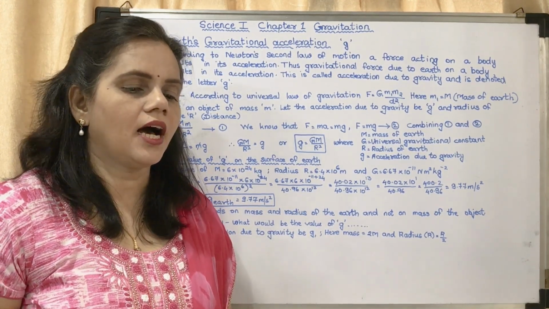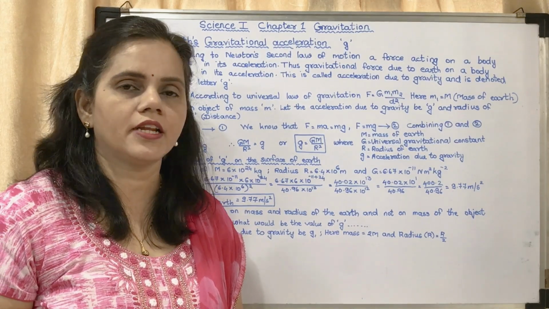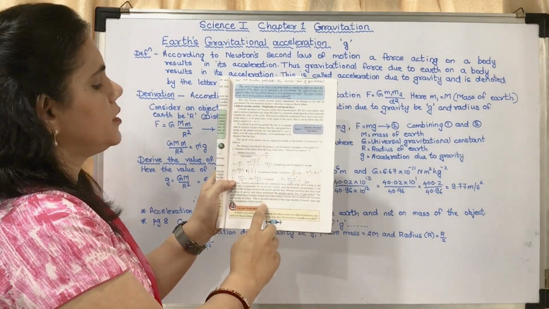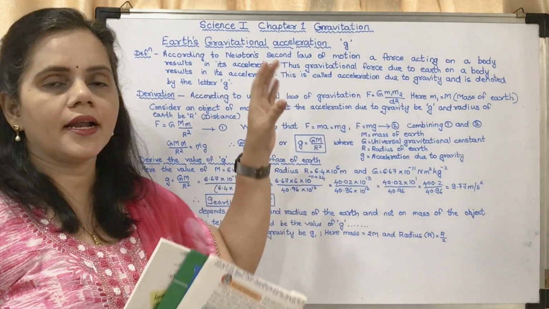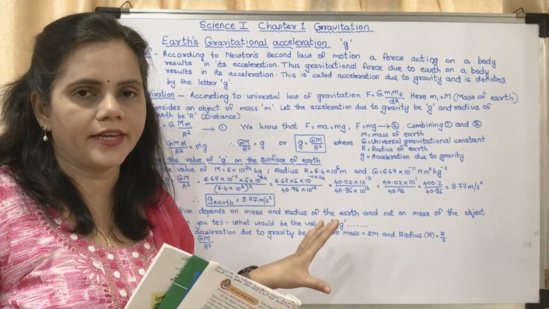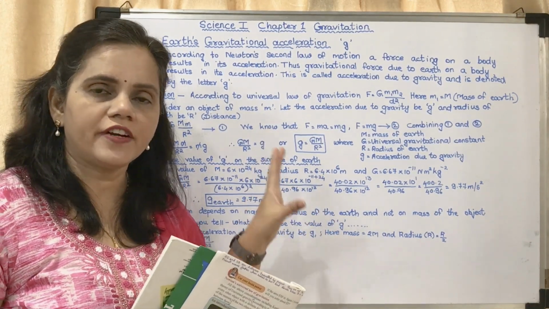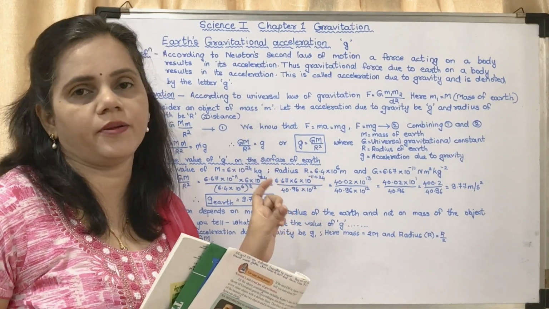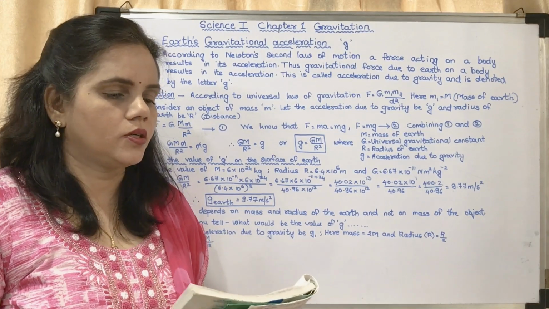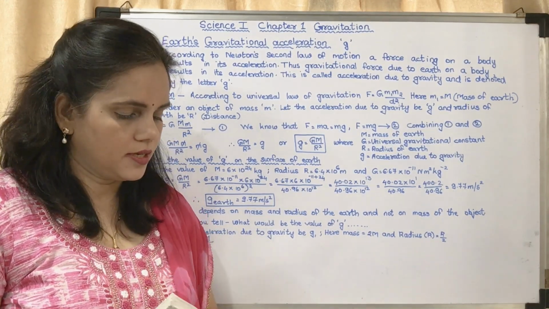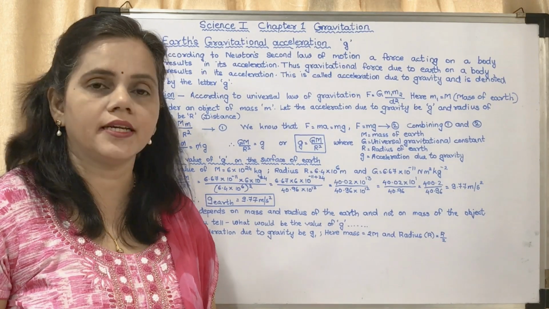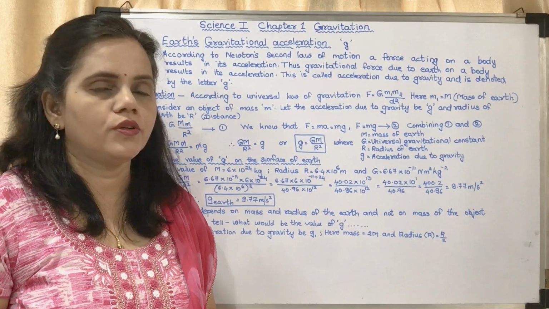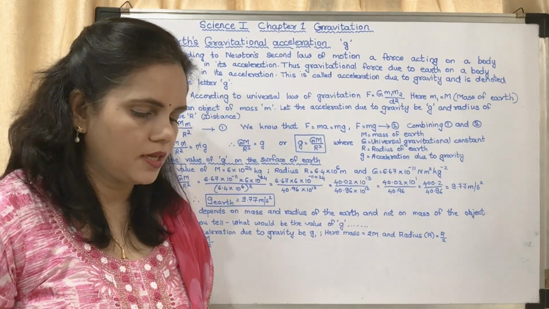Now the next: how did Newton postulate the inverse square law of gravitation? For this, in your schools they will give from here till here. But I had reduced it into some points on the board. You may refer to that and copy it from the board. So I think these are the questions. If any other questions are there and you are not getting the answers, you may ask me. Now we may move on to the next topic.